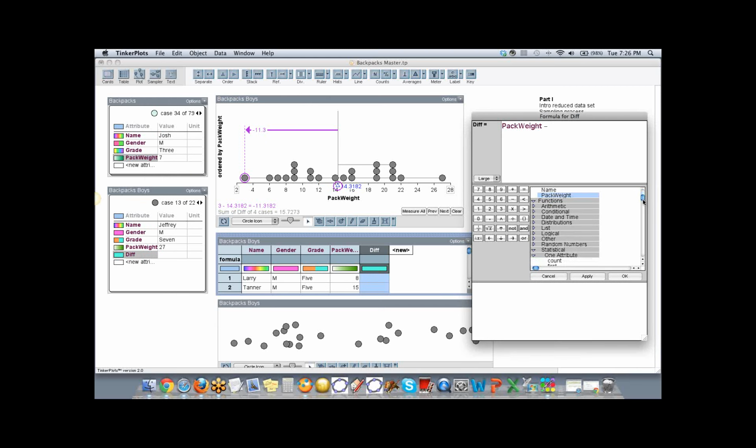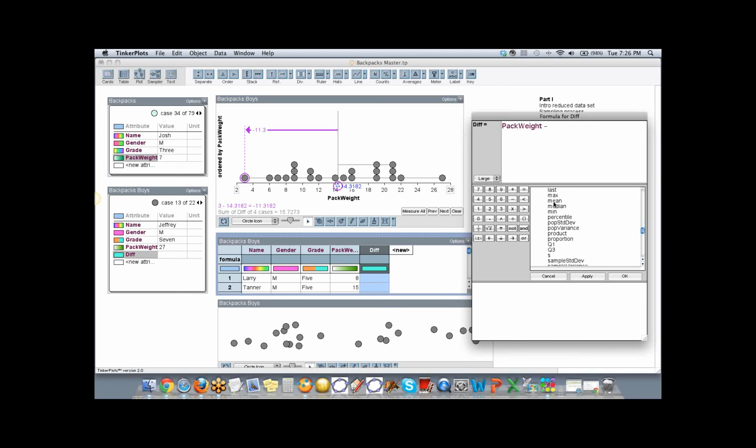So I'm going to show you where some of these functions are located. I've already opened some of these windows, so let me collapse this all the way. If you go to statistical and click on one attribute, you get all of the functions that you would expect to see for one attribute.